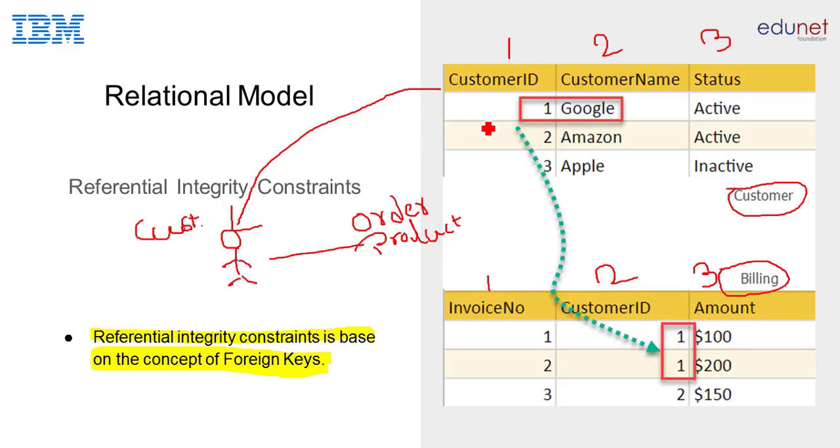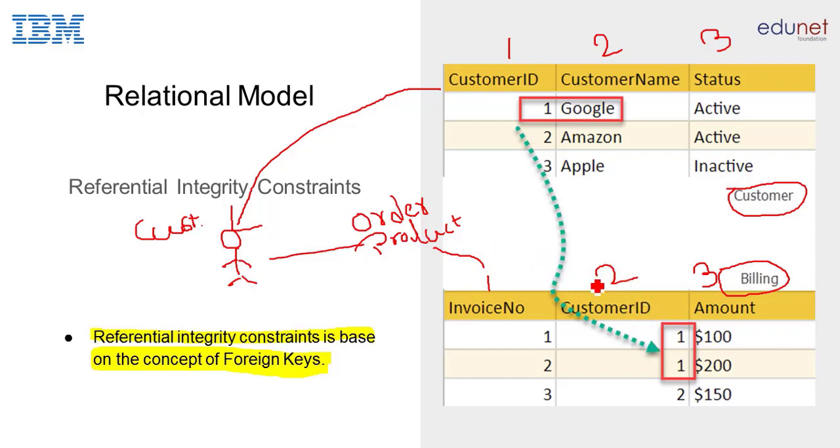Suppose this customer orders a particular product; at the time of ordering, the billing table present in the database will first create an invoice number. Second, it checks the customer ID. It checks the customer ID means what?